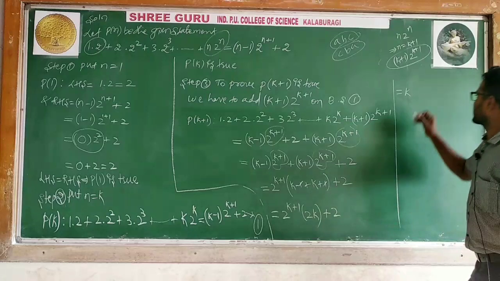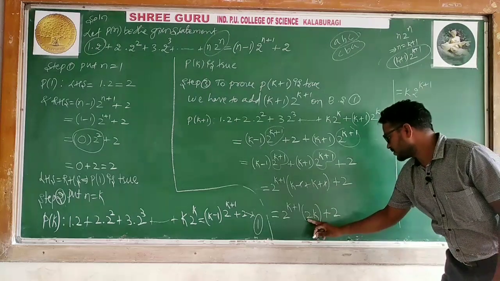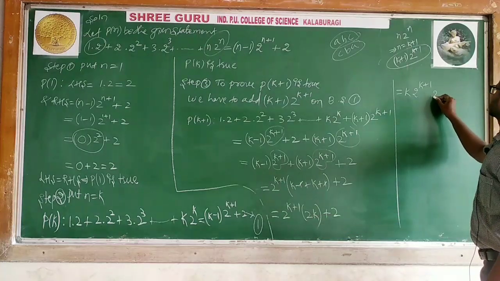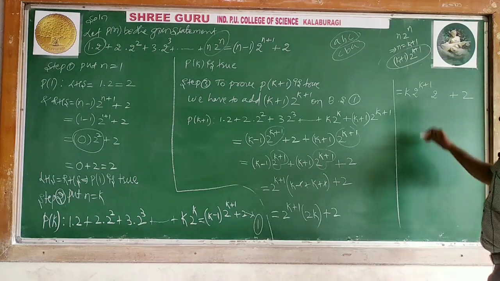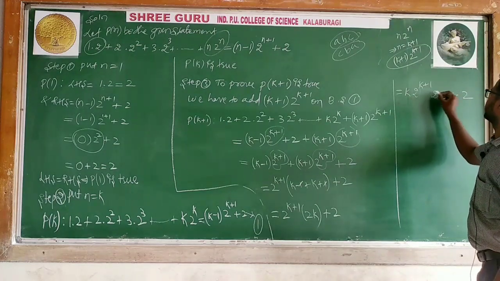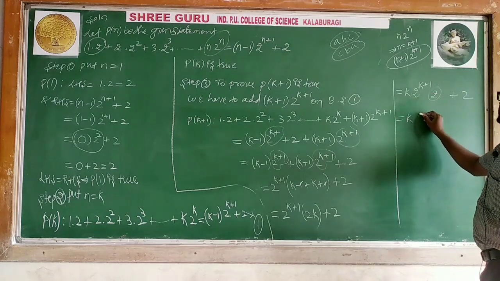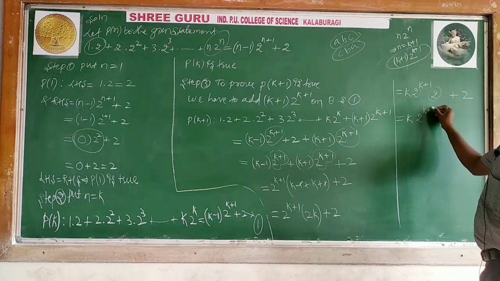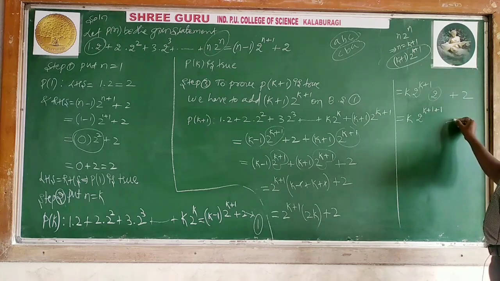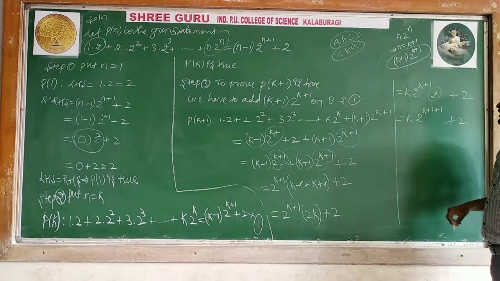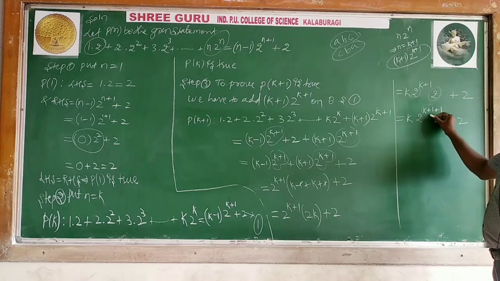Second I will write 2 to the power k plus 1. Then another number is what? 2. Yes, I will write 2 here. Then plus 2 I will keep here. Can I say bases are same? Powers you can add? Yes. 2 to the power k plus 1 is already there, plus 2 to the power 1. I will write here plus 1. Yes. Plus 2. Is it like k plus 1 plus 1? n is what? k plus 1.